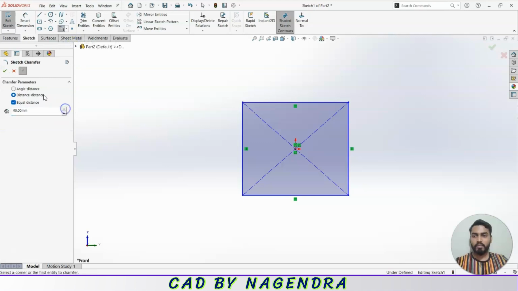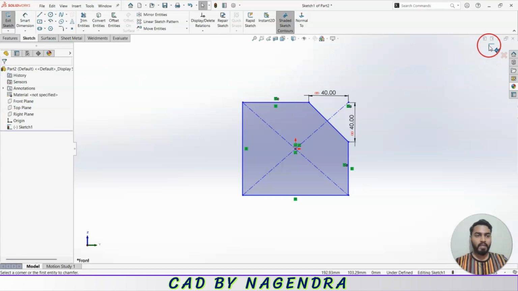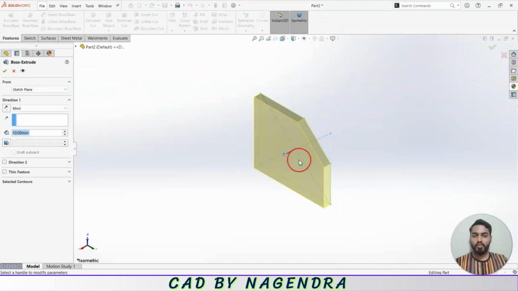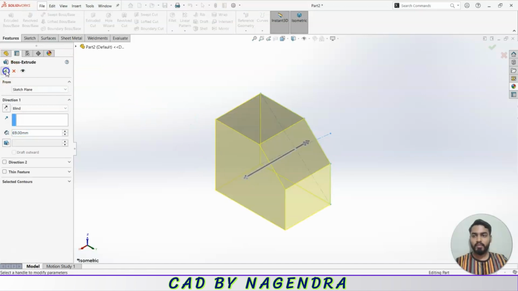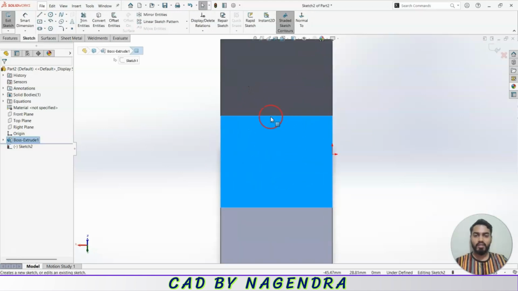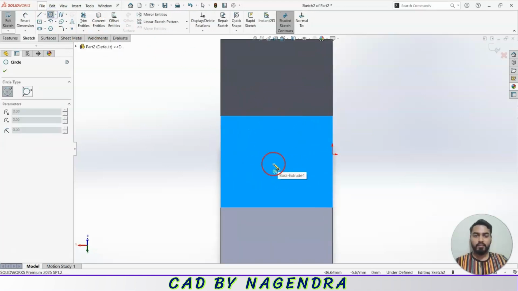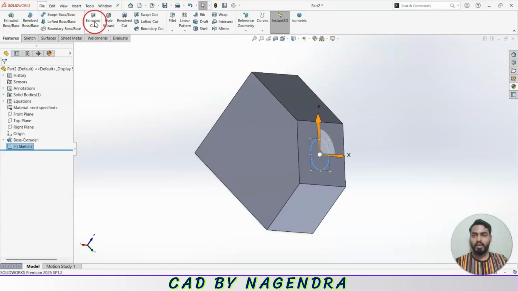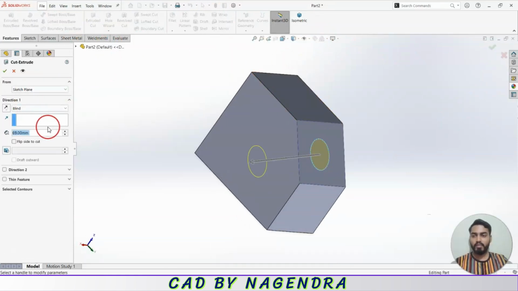Chamfer of some 40 for this. Okay. Exit sketch, isometric. I'll make this extrude boss. Then, for example, here I'll go for sketch. I will draw one circle. Then I'll make here extruded cut with some depth